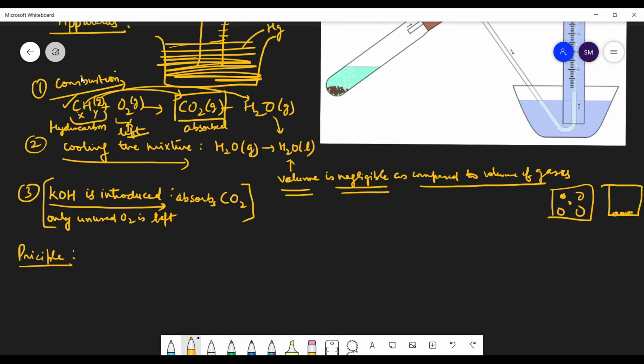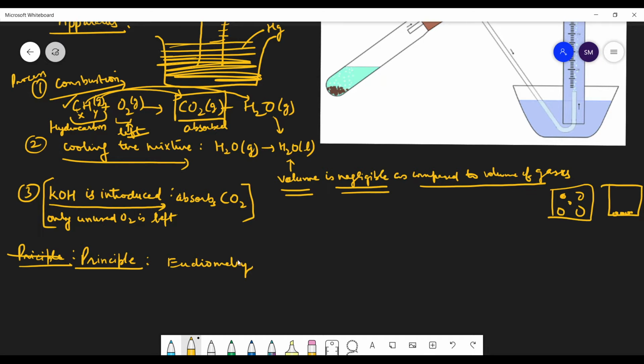We have apparatus and then process, but what's the principle? So the principle is this